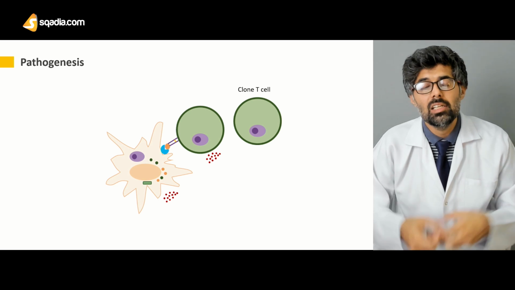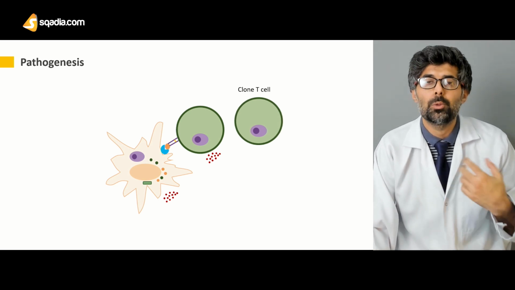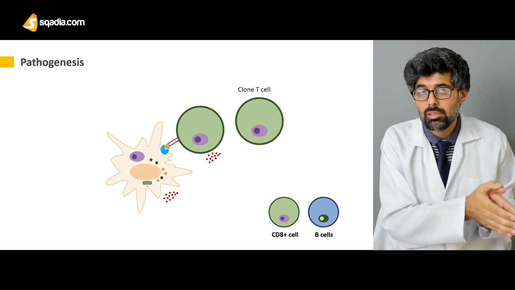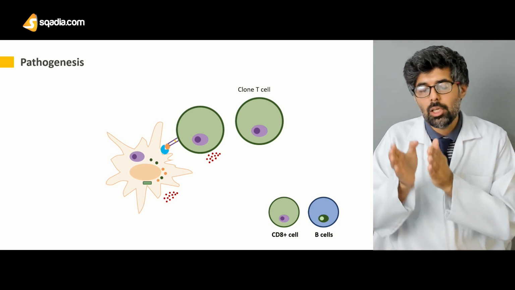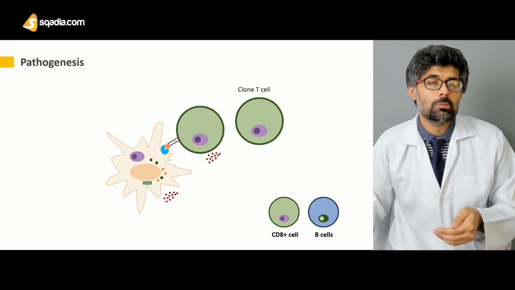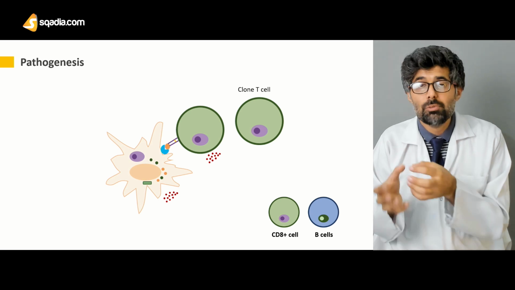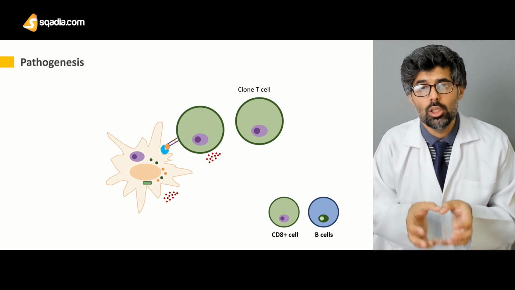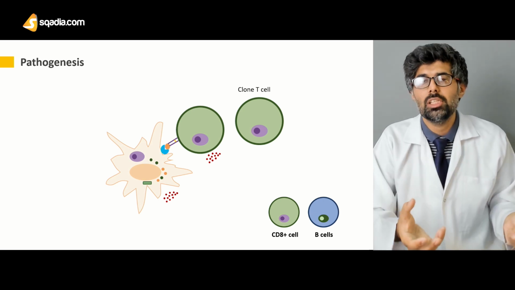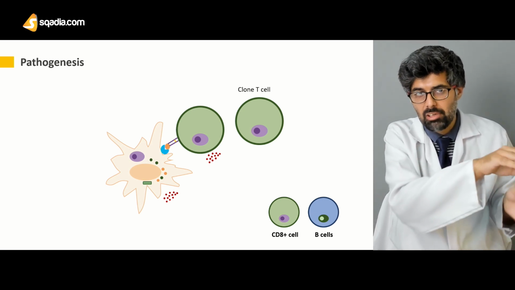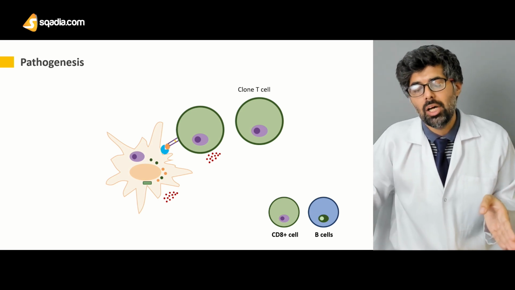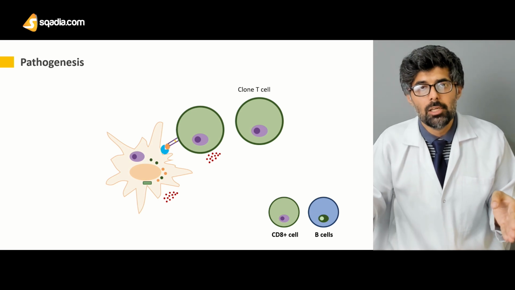And that clone T cell then further distinguishes itself into two entities. Now these two entities are a CD8 cell and a B cell. Now B cell will then further differentiate into a plasma cell, and plasma cells, like we all know, are the ones which actually produce the antibodies. So when a CD4 helper T cell recognizes the antigen and then clones itself, it passes that information, that recognition of antigen, to the B cell, and when the B cell matures into a plasma cell, it starts to produce antibodies